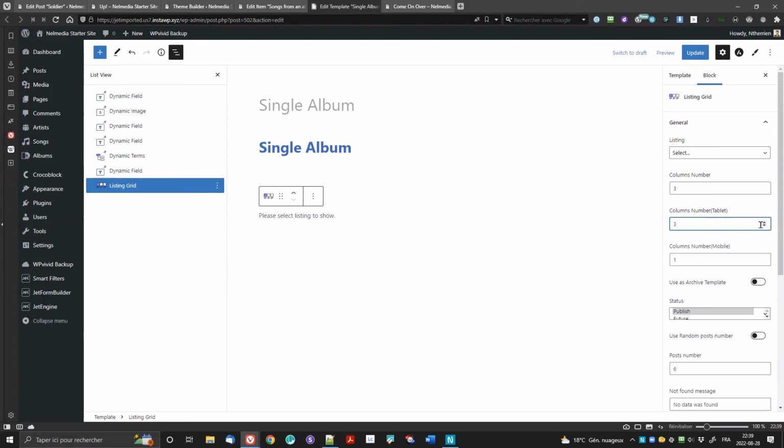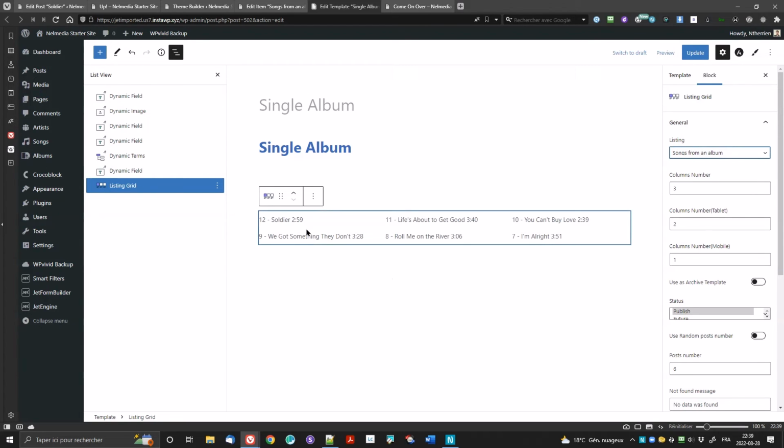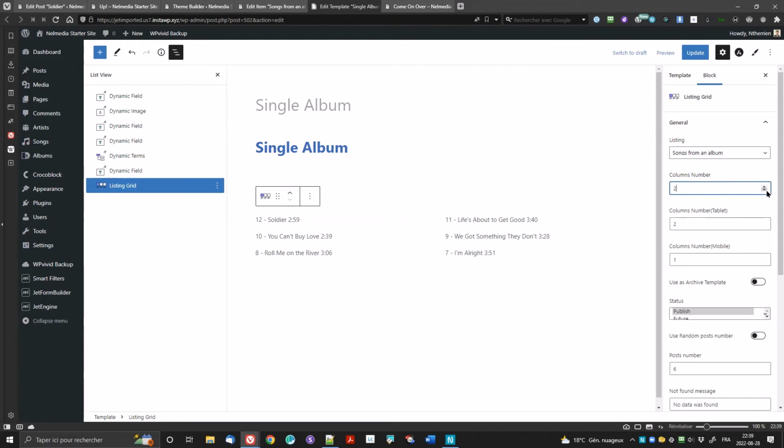So again, we can use two, and we're going to use these songs from an album. All right, so maybe we can use two columns instead of three or just one. And as you can see, it's limited to 6 by default, but